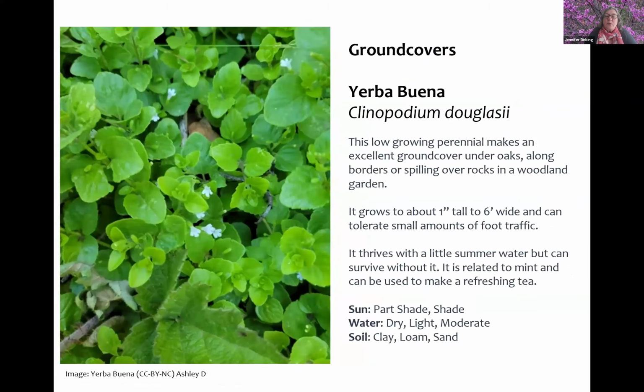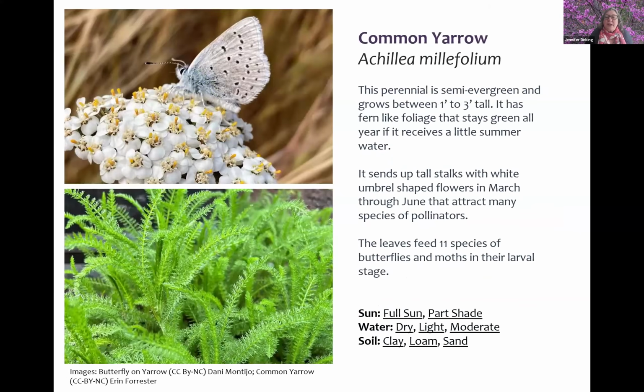Getting into ground covers, yerba buena is a great evergreen, holds a lot of moisture ground cover. It's related to mint. Actually, you can make a refreshing tea out of this plant. It spreads a little bit, and it's really easy to get it to cover a lot of ground in the shade. It really likes shade in the garden. Common yarrow is another ground cover that's really a beautiful plant, semi-evergreen, sends up tall stalks of white flowers that attract a lot of different pollinators. And then the leaves make a really nice sort of carpet if you allow it to spread